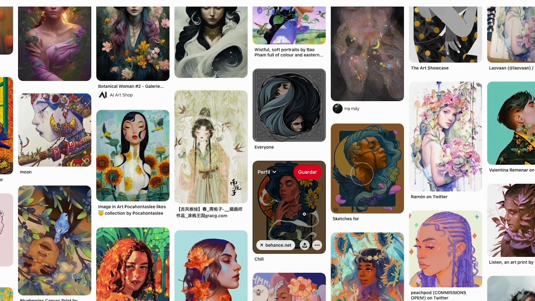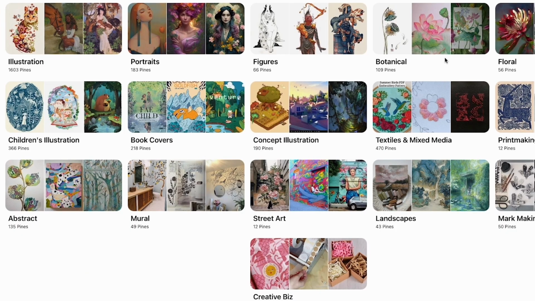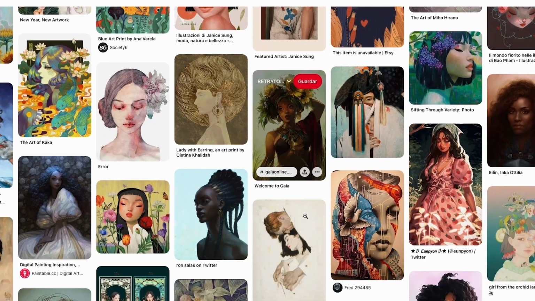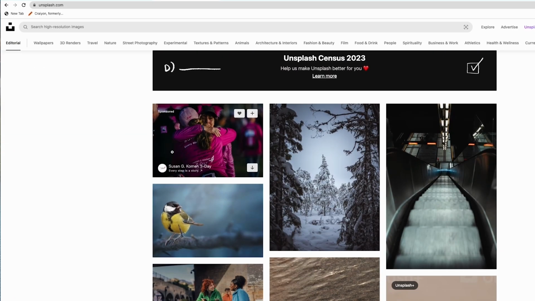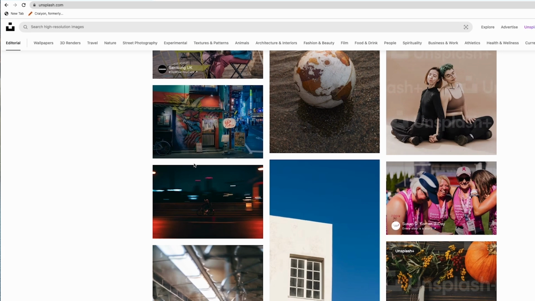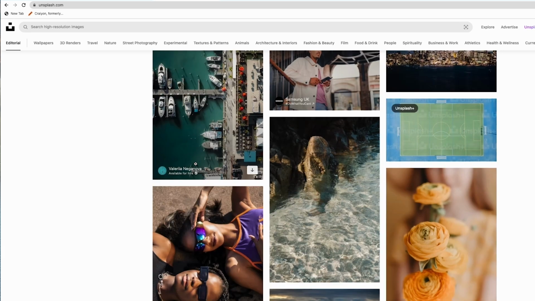But beware, whichever tool you're using, always check the rights. These images must be used only as references and not promoted commercially. And if you do, because you want to show your process, please make sure to refer to the owner or the artist. A way to avoid this is by searching for free references on pages like, for example, Pixabay and